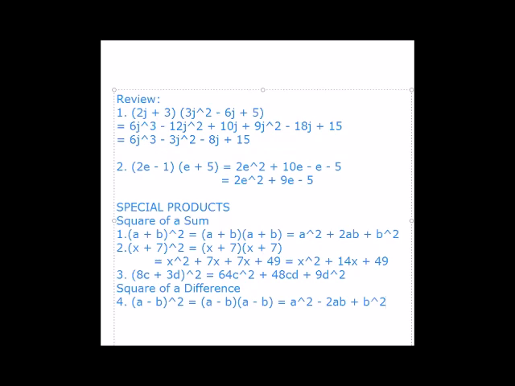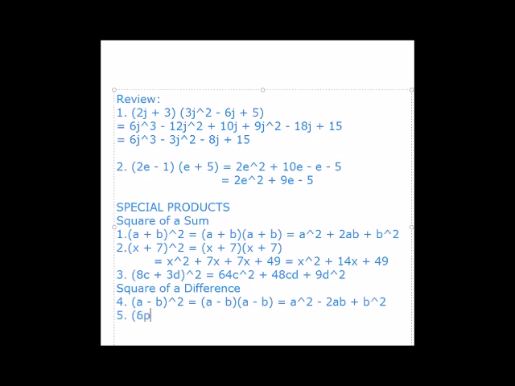Though you need to adjust if you are used to using the FOIL method to multiply a binomial by a binomial, since we have here a special product that offers us maybe a faster way, you need to adjust, but maybe you can also consider to learn and practice using this method. Okay? Okay, ma'am. Number 5, let us have 6p